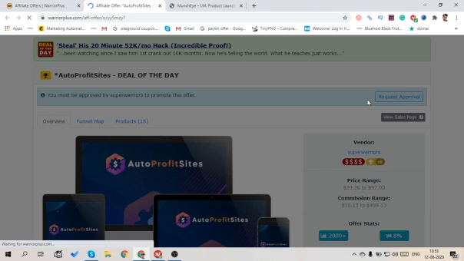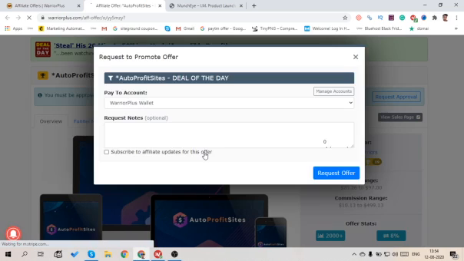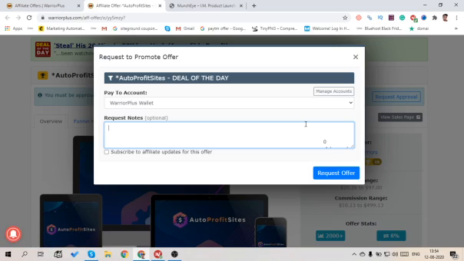When you are a beginner, there is less chance to get approval, because they have something called an affiliate score and some other statistics. They will check everything to approve you as an affiliate. When you get started, you don't have any sales history or anything, so it's really difficult to get the link approved by the vendor. I will show you what the affiliate score is, and also how you can get approval from the vendor.